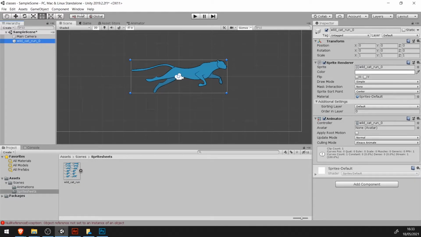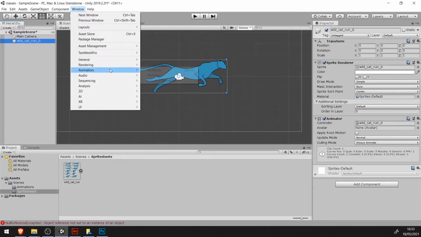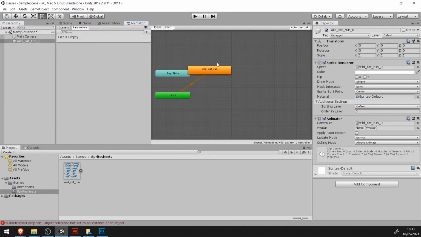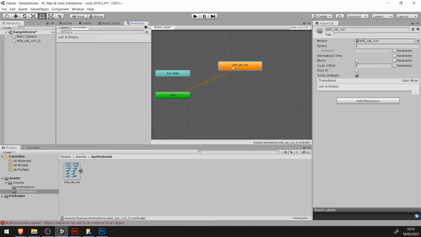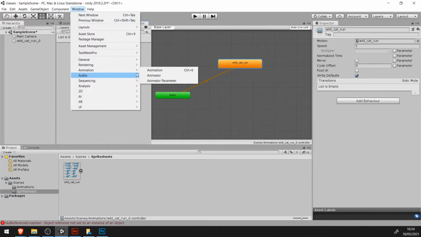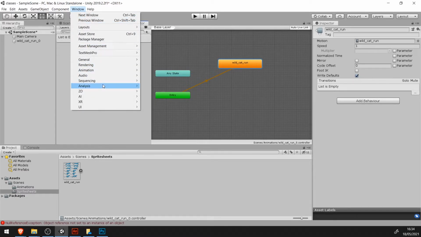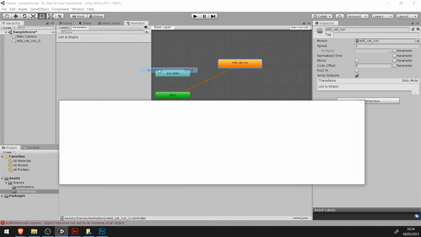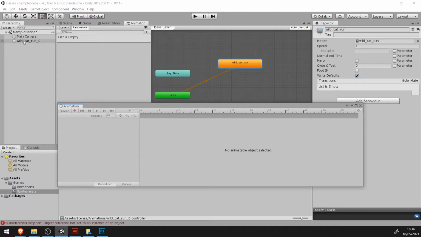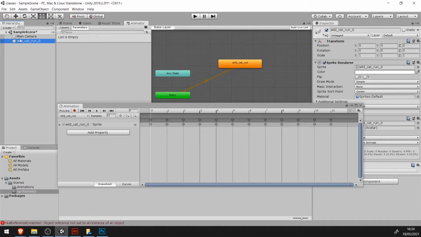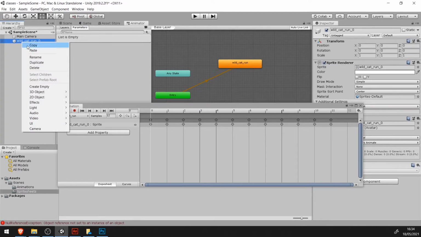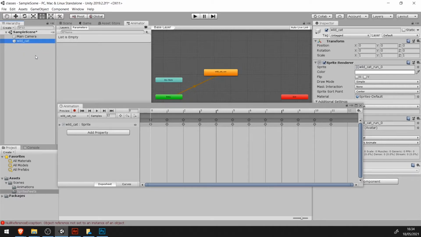If you go to the Animator window here, you will see that my object has an animation, okay, and this is my default state. And another thing that was created is an animation. Oh, sorry, let's now open the Animation window, and when I click on my game object here, the wildcat,